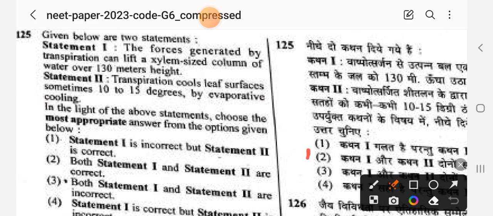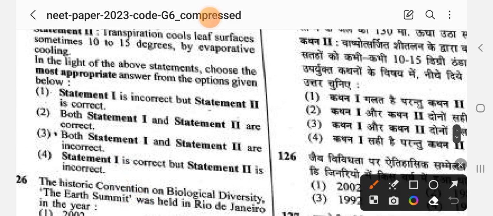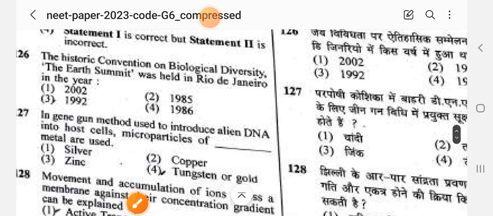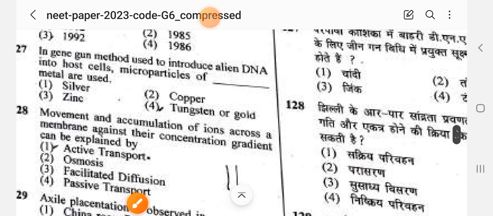The answer is a bit confusing to me, but most probably the answer would be both are correct. I think both are correct. Okay, we'll check later. The historic Convention on Biological Diversity, the Earth Summit, was held in Rio de Janeiro in the year 1992. In the gene gun method used to introduce alien DNA into host cells, microparticles of metals are used: gold